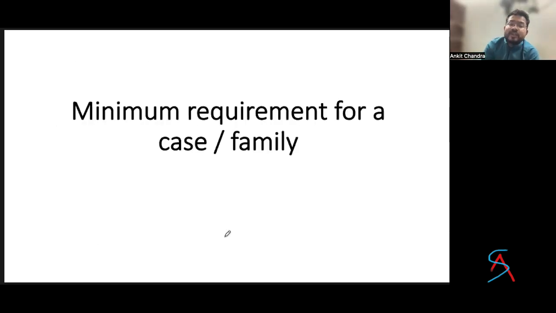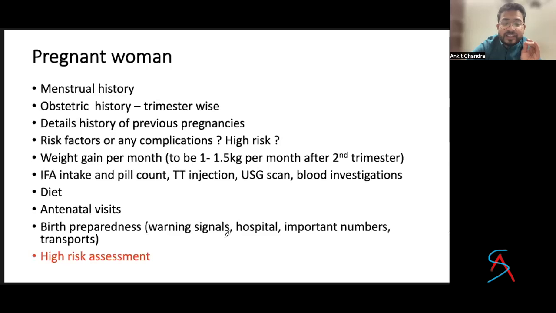Now I'll tell you what the minimum requirements are whenever you present a particular case or a family. So what all minimally you should try to put there, like in the case of a pregnant woman, you should never miss the menstrual history, obstetric history, details of previous pregnancies, risk factors, whether there is any abnormal weight gain, and mention iron intake, adherence to iron, TT injection, any ultrasound, blood investigations,